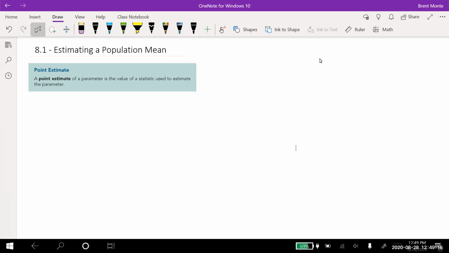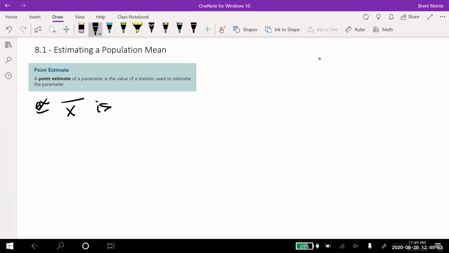A point estimate of a parameter is the value of a statistic used to estimate the parameter. Very wordy, but remember, parameter just means a number from the population, and statistic just means a number from the sample. So a point estimate is just the value of the sample number that we use to estimate that population number. For example,